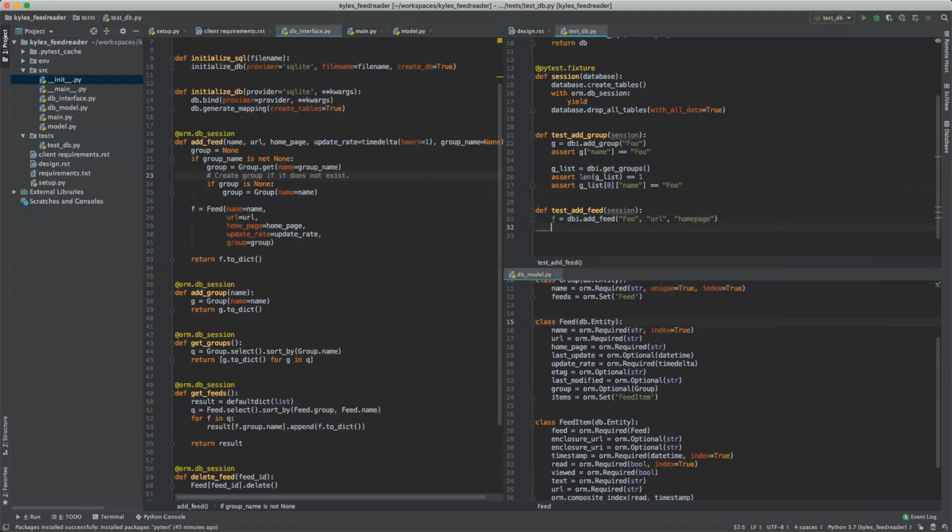And so then we should be able to assert, let's see, f.name equals foo,